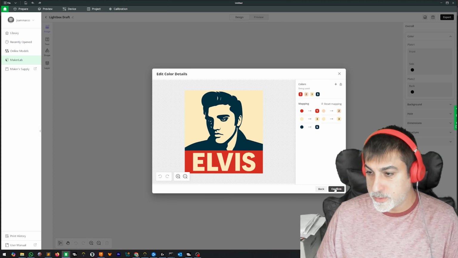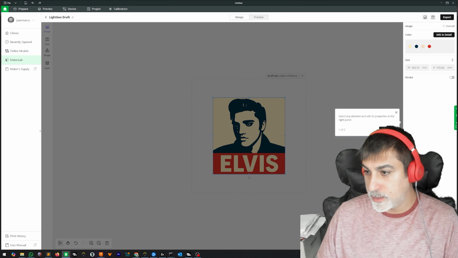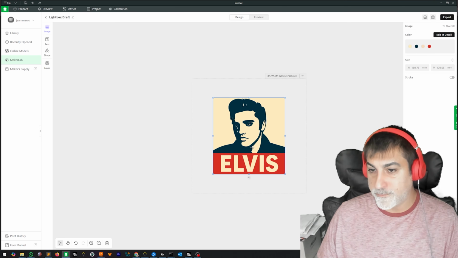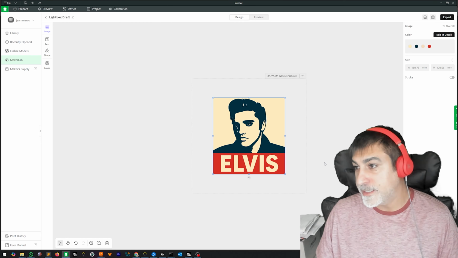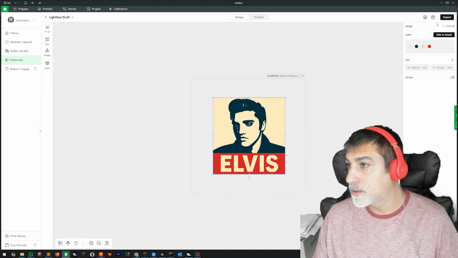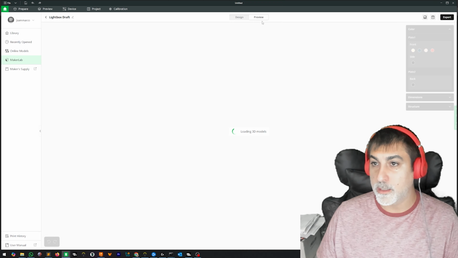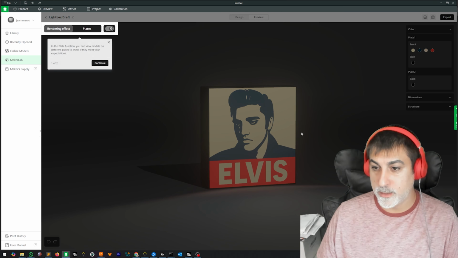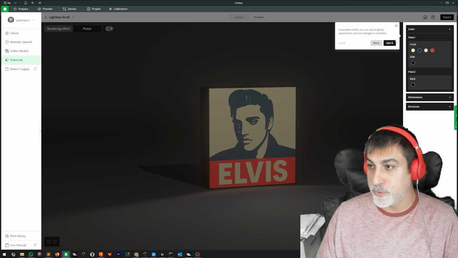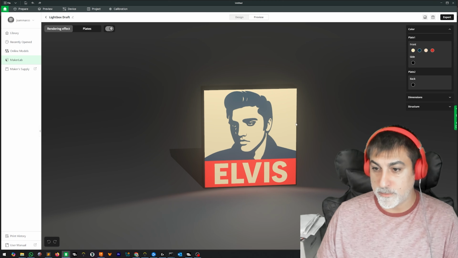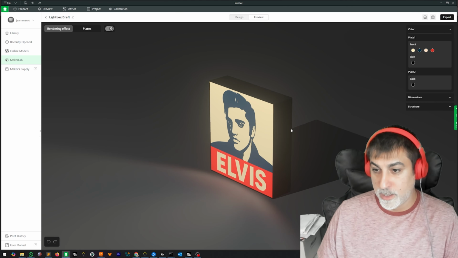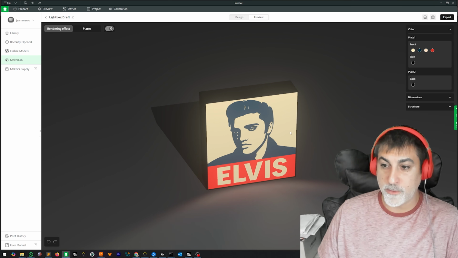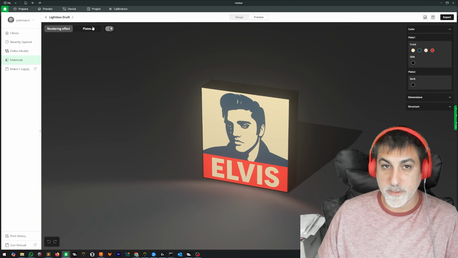4 colors. So we confirm, and then here we can adjust the size of our lightbox. I like the nice default. It's not too crazy big, it's not too crazy small. To me, it's just right. So from there, if we click on preview, it's going to give us a generic preview of that. And there's a few steps we need to do to add some holes in the back to make this lit up, because right now it's solid. The only way this would work is off of a battery pack that you can never charge. So to fix that,